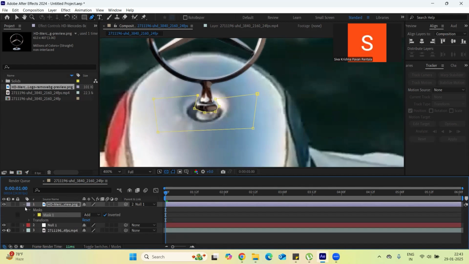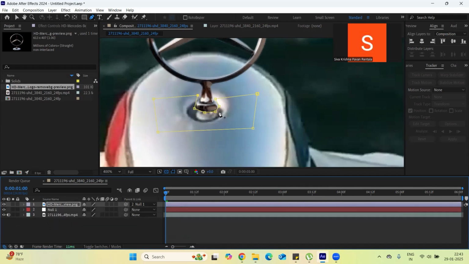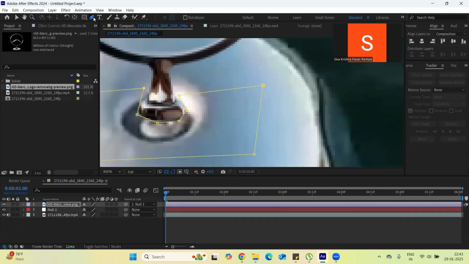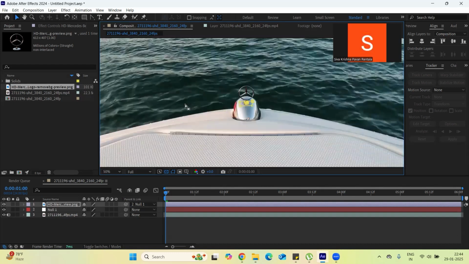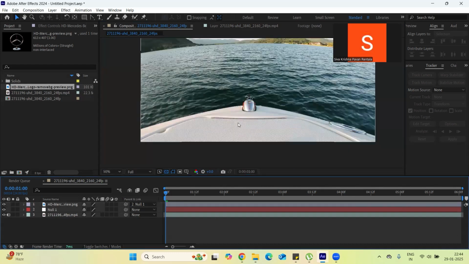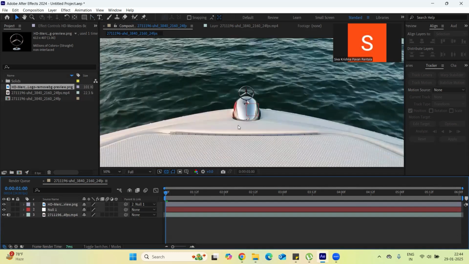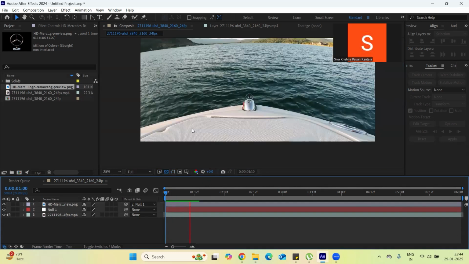That's good. Next is to make these points smoother. You can use your Convert Point tool. Just make it a curvature nicely, and here too. Nice. You can see right now, that's pretty good. You can just place your points around it. Yeah, that's all. Now you can see the logo has been placed nicely, and it moves along with your